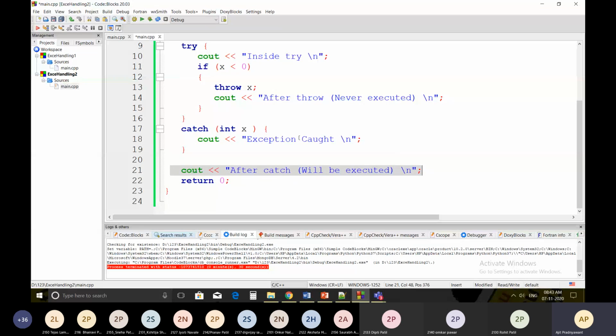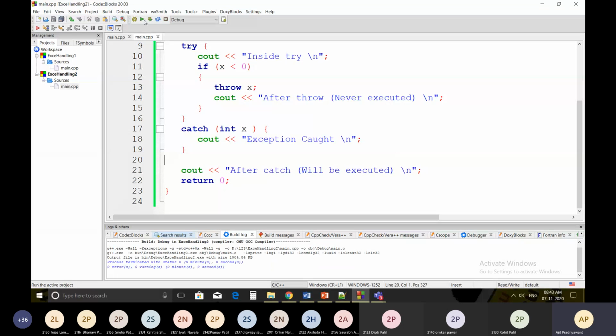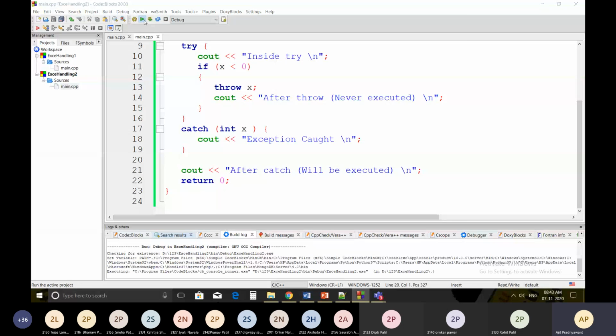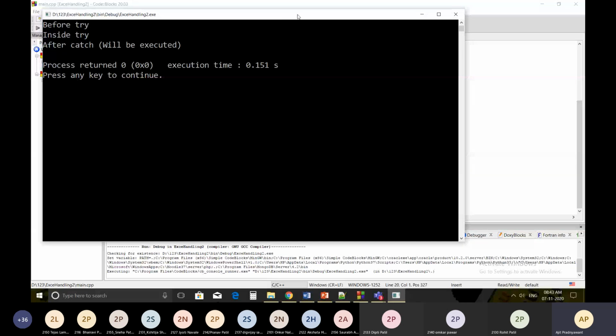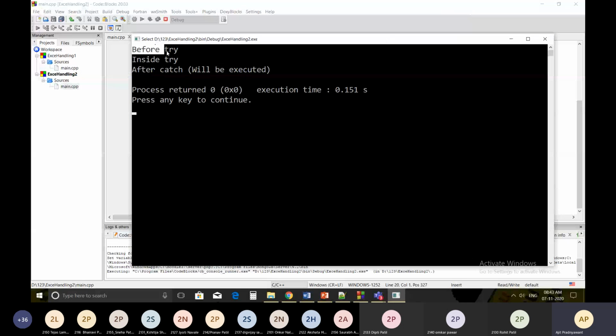Now let's see the output of the code. It will print before try, inside try, and after catch will be executed.